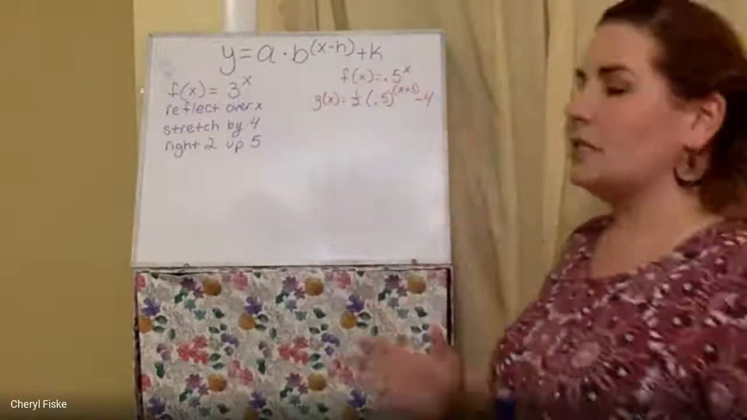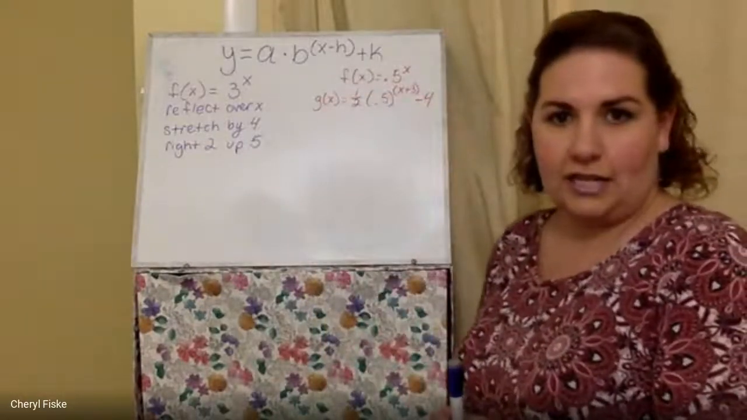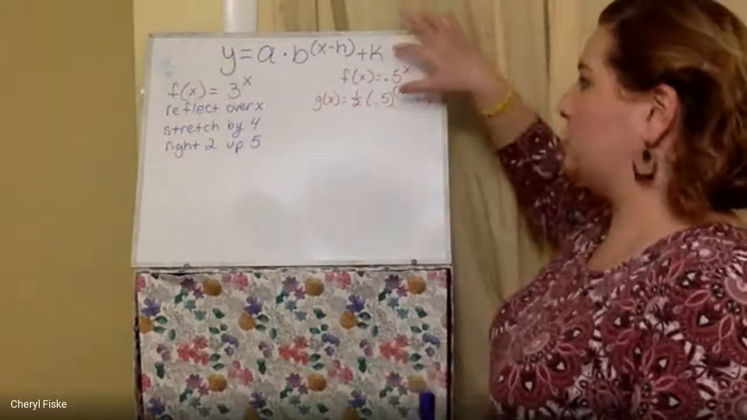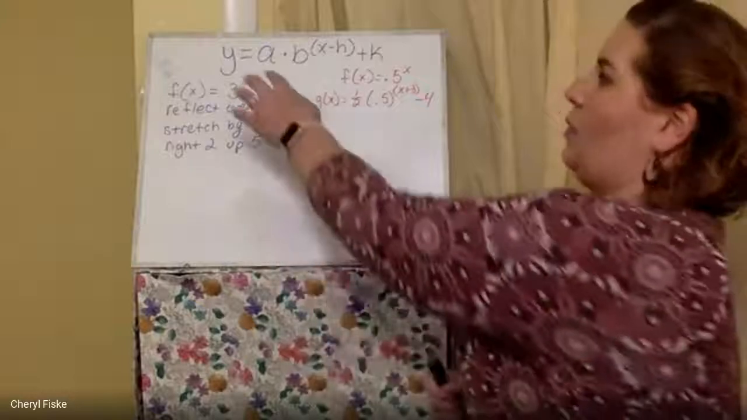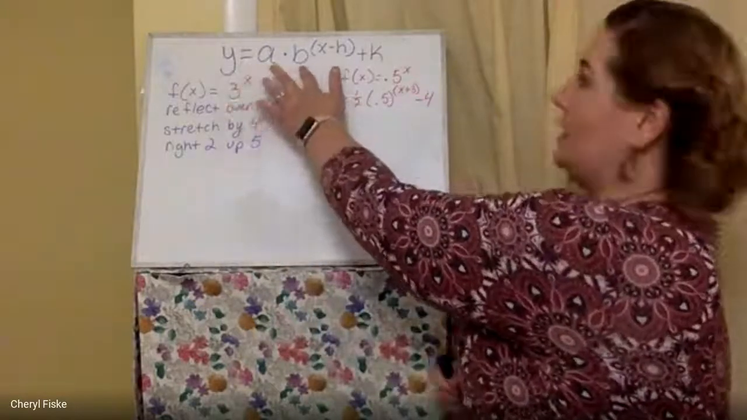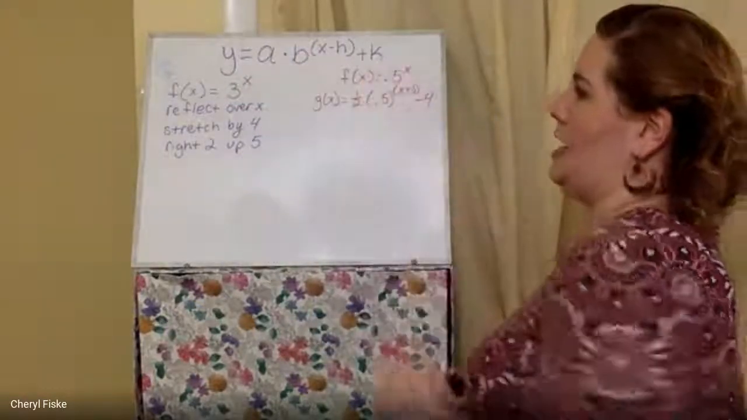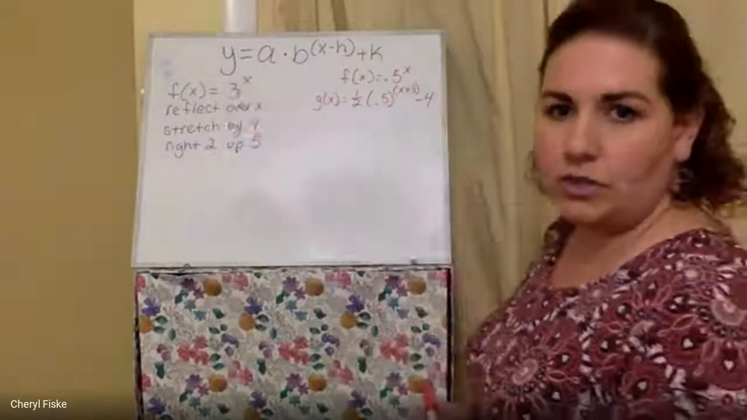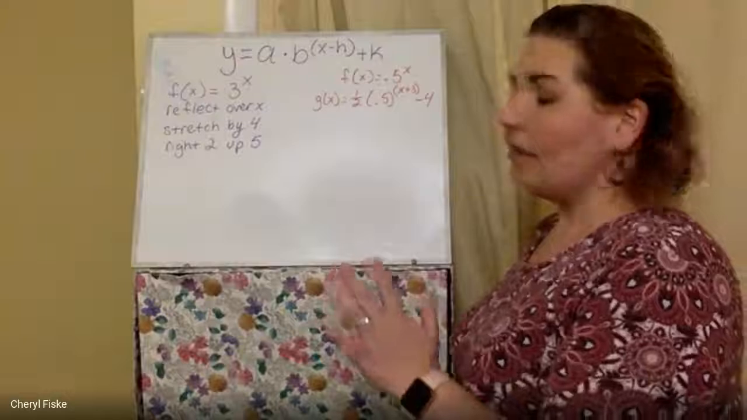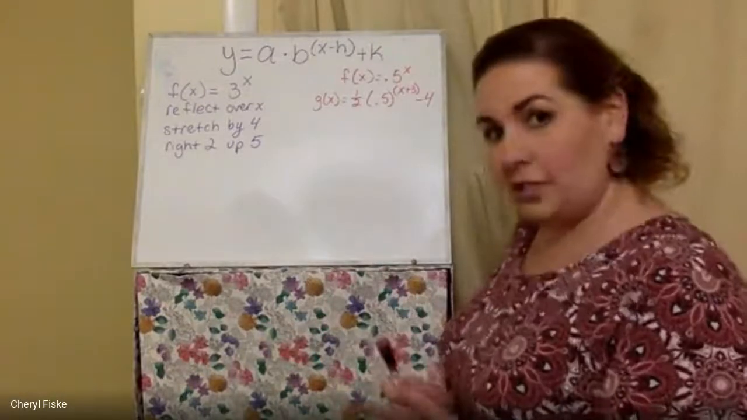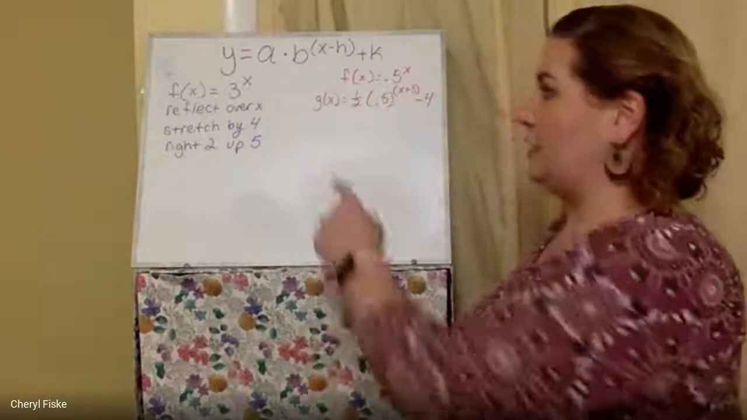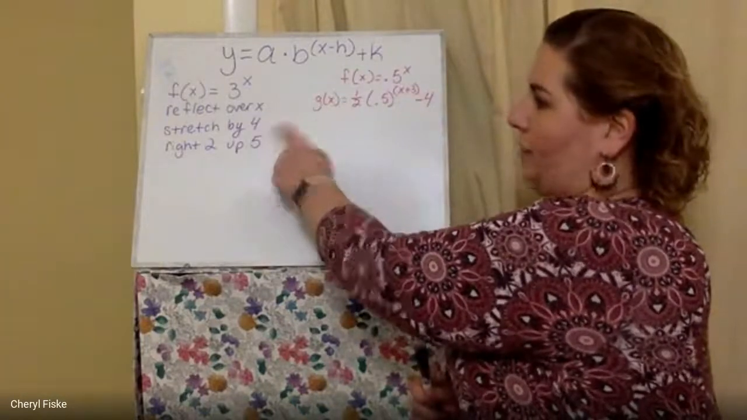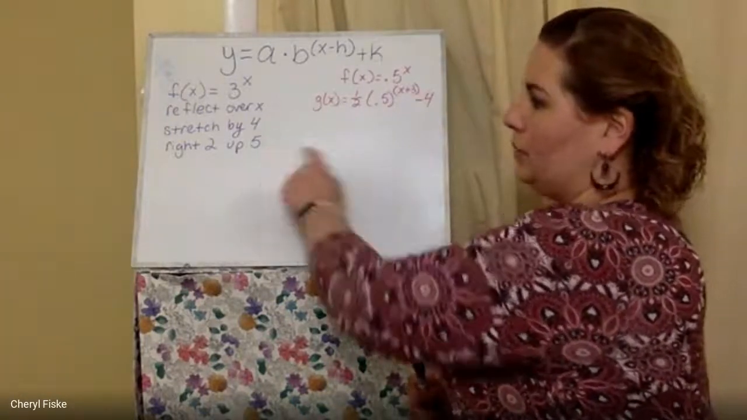Now, the same rules apply like those functions that you've seen before. But here's our new parent function. Here's our new starting point. So you looked at y equals a times b to the x minus h plus k. And let's take this parent function f of x equals 3 to the x. And I gave you some descriptions of the transformations. So a reflection over the x, a stretch by a factor of 4, and we're going to move right 2